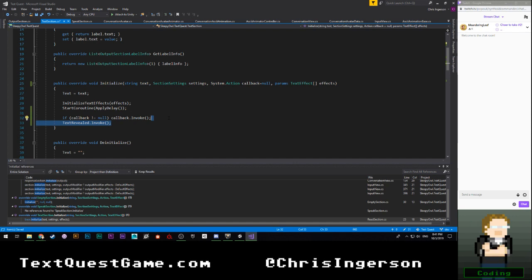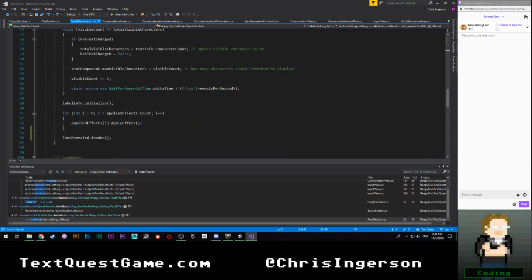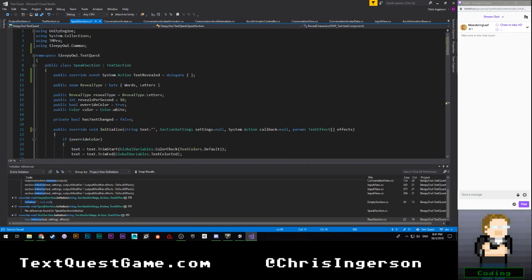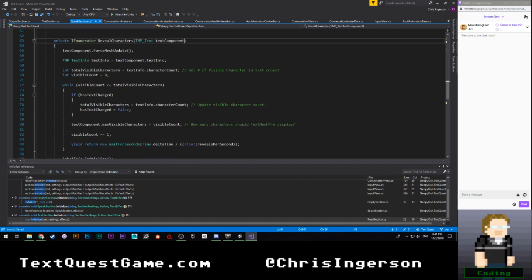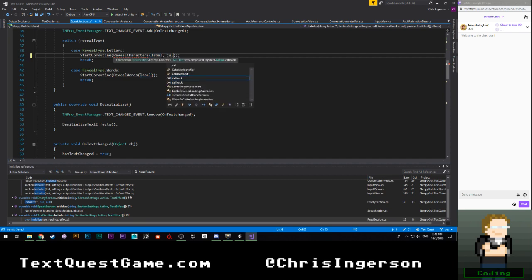So I can get rid of that now. We can go through here and basically do that whole thing. Get rid of this and get rid of that. And now I can pass in System.Action callback.